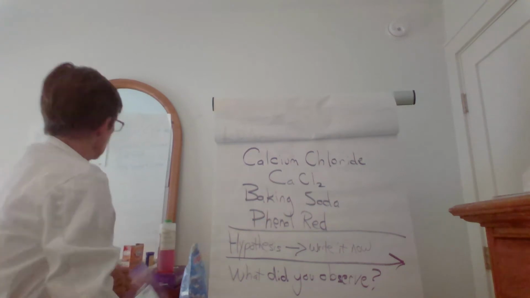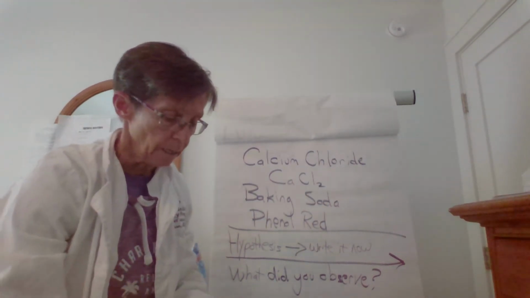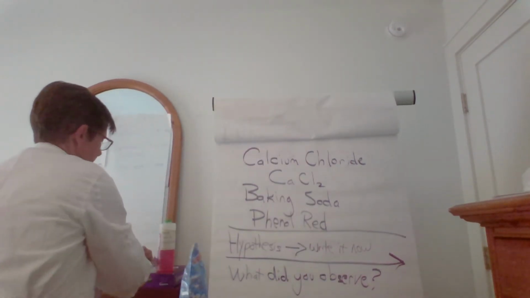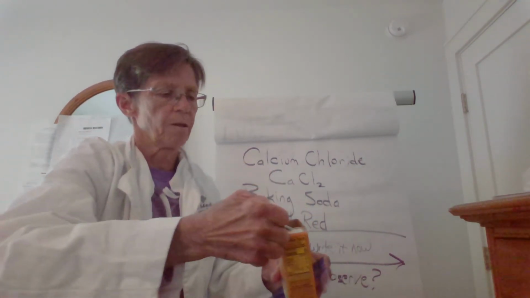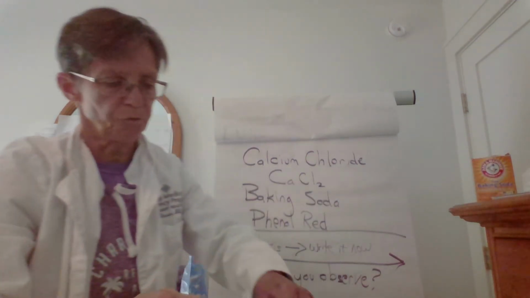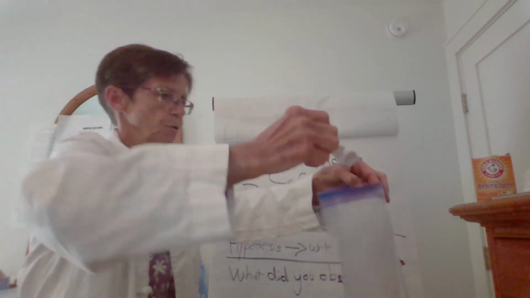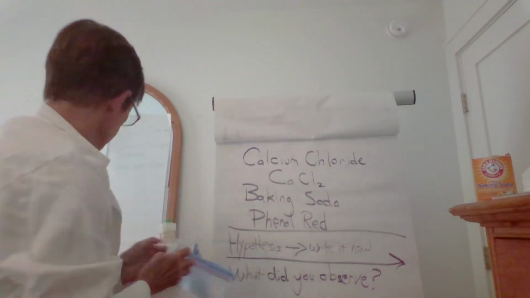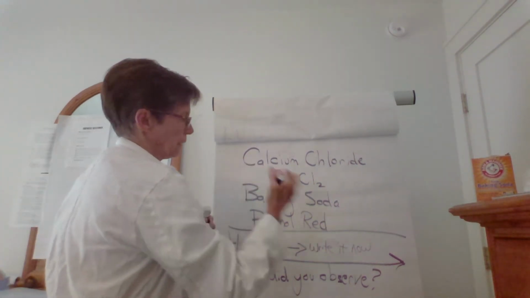So it actually says up here on my sheet that I need to put in 1 teaspoon of baking soda. So here's my Ziploc bag, here's my baking soda. And it's very helpful to have 2 people do this lab. So if you were at school, you'd be having a partner. So there you go. There's my 1 teaspoon of baking soda. Then it says I need 2, so I'll write this up here so you can see it. So I need 1